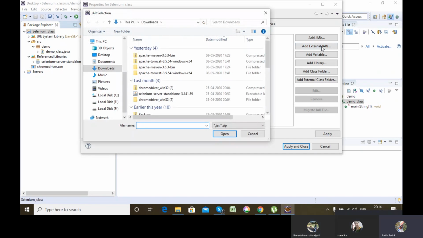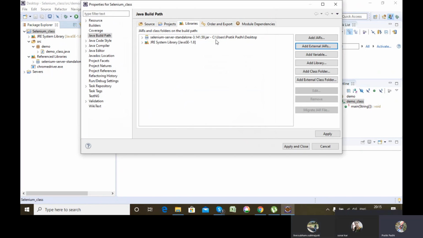I have already downloaded the Selenium standalone jar. I will show you where to download. Once you have downloaded it, select it and then click open. It will get added here, like I have already selected it. Then you can click apply and close.